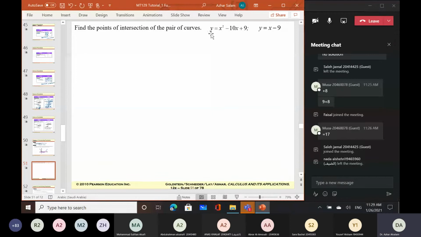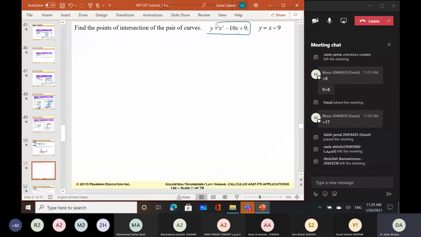Okay, these are the two functions: y equals x squared minus 10x plus 9, and y equals x minus 9. How to find the intersection point? I make equality between these two functions. So I write it like that: x squared minus 10x plus 9, this is the first function, equals